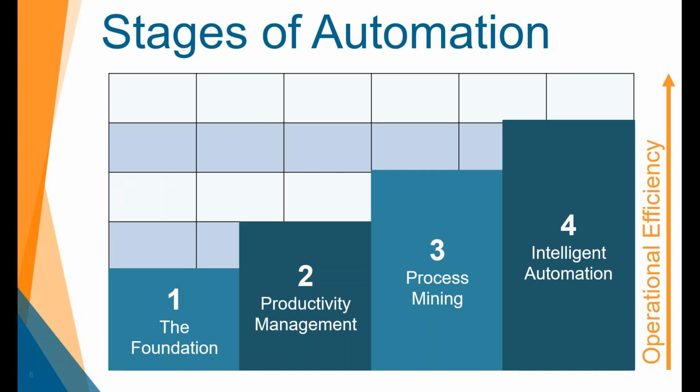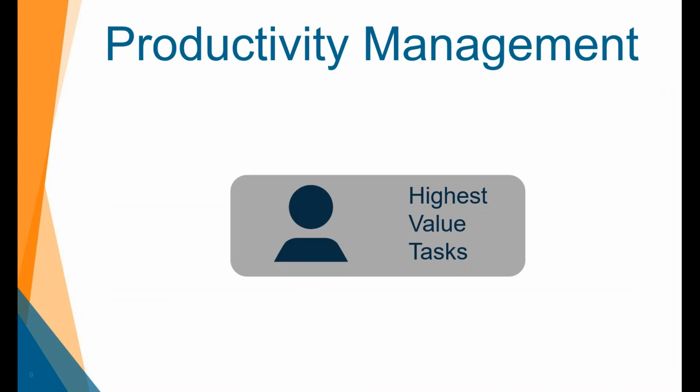Once that foundation is set, your next priority should be reducing costs and eliminating departmental silos by rapidly creating solutions that are going to support process efficiency. The goal of this whole second stage of automation and productivity management is making sure that your team that costs a lot of money to hire, retain, and train is going to be making sure that they're focused on their